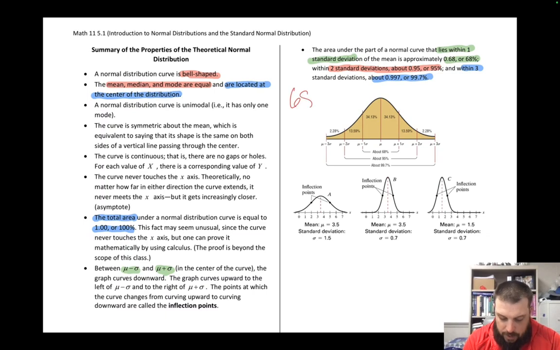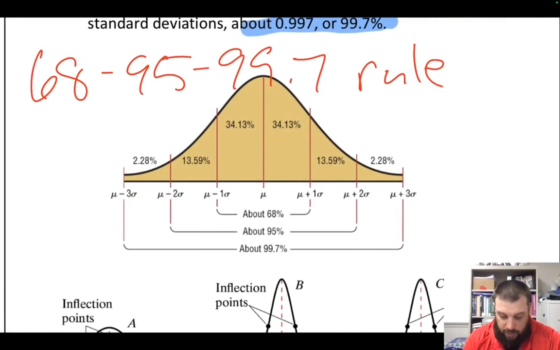We call this the 68, 95, 99.7 rule. It has a more official name, but I like this one because it helps you remember what those 3 values are. And you can see here that there is 1 standard deviation. And they give the exact value, but we just talked about it as